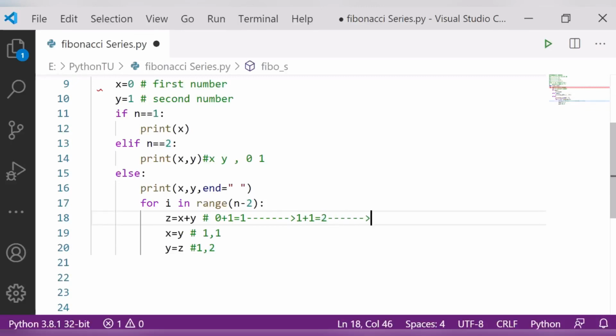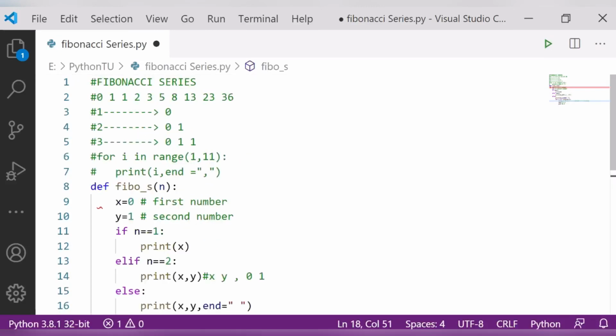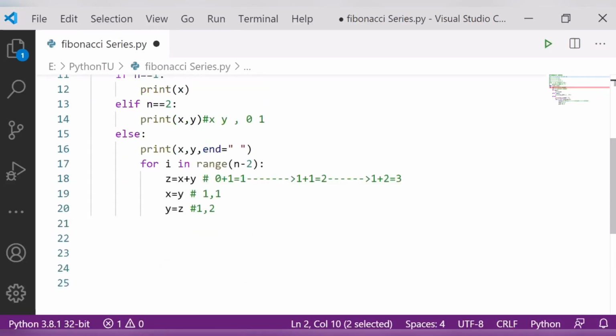Can you guess? Now we have 1 and 2. 1 plus 2 is equal to 3. This is my what number? Third number. Here 1 2 3 4, fifth number. So I got my fifth number here, this one.